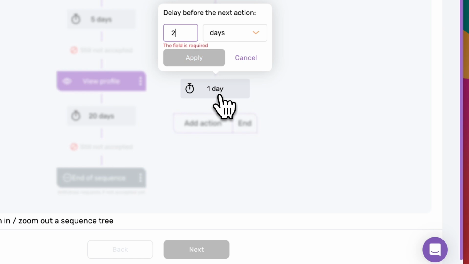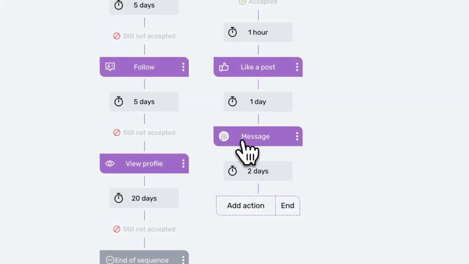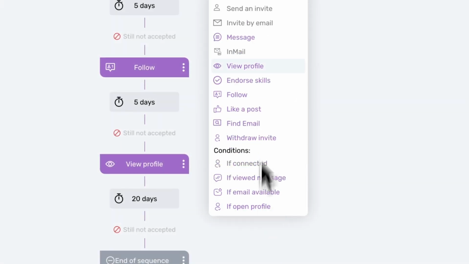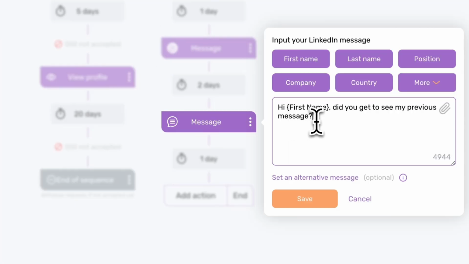Just in case if they don't respond, I'm going to follow up to that message with just a short note asking, did you get to see my previous message? Maybe they saw your message but forgot to reply. Maybe those kind of people might reply. Unfortunately, let's say if you don't get a reply from this person at all, I'm going to give 2 more